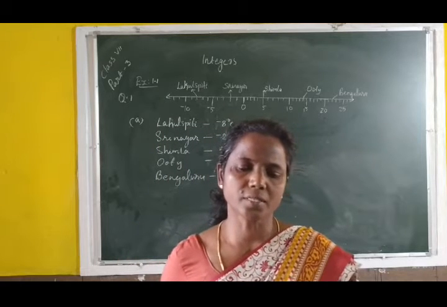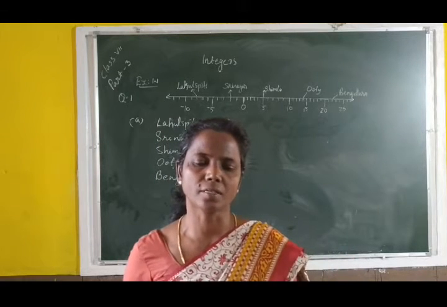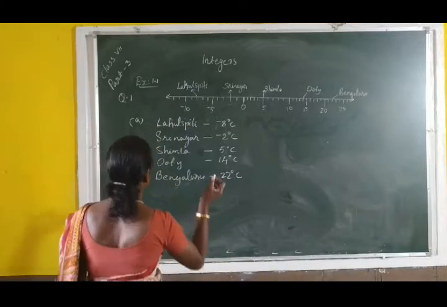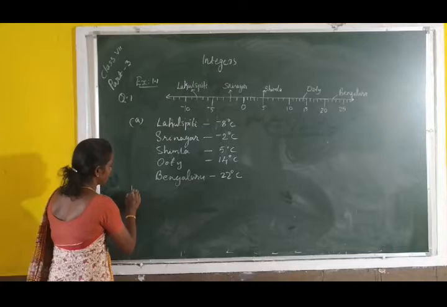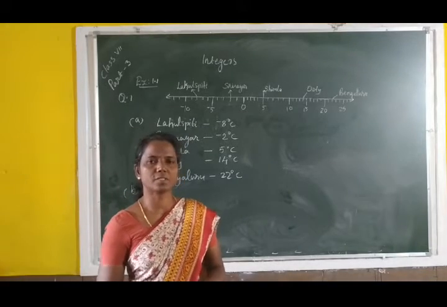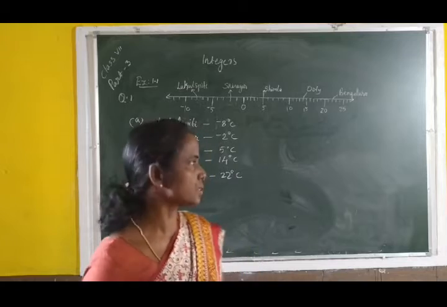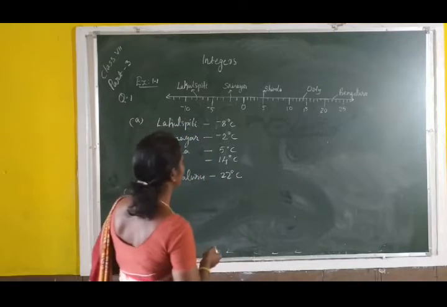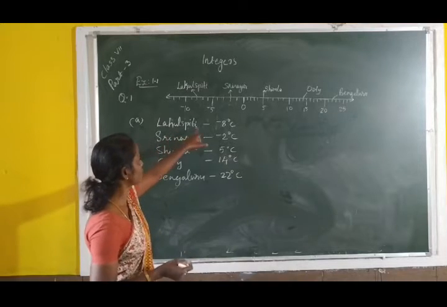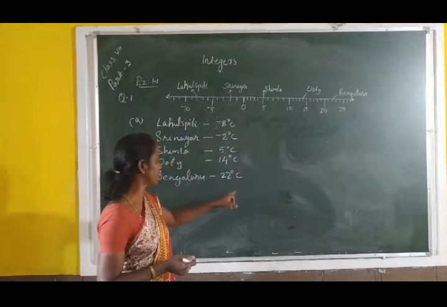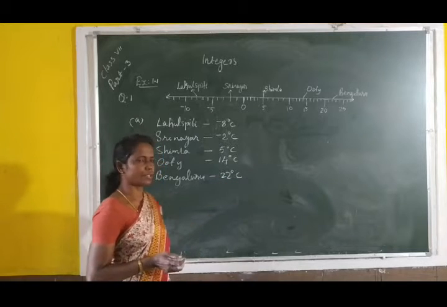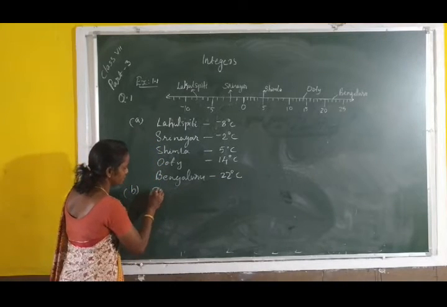The next, what is the B question? What is the temperature difference between the hottest and the coldest place? So, the temperature of the hottest place. Then B, what is the difference? Temperature difference between hottest place and coldest place. Look at this number line, which is the hottest place and which is the coldest place. Here look, Lehuspadi is the coldest place and Bangalore is the hottest place. So we can write temperature